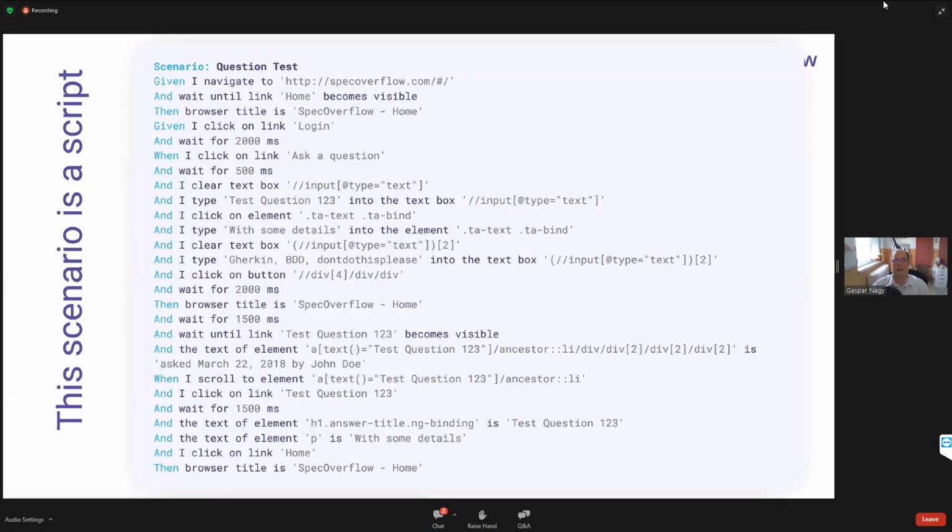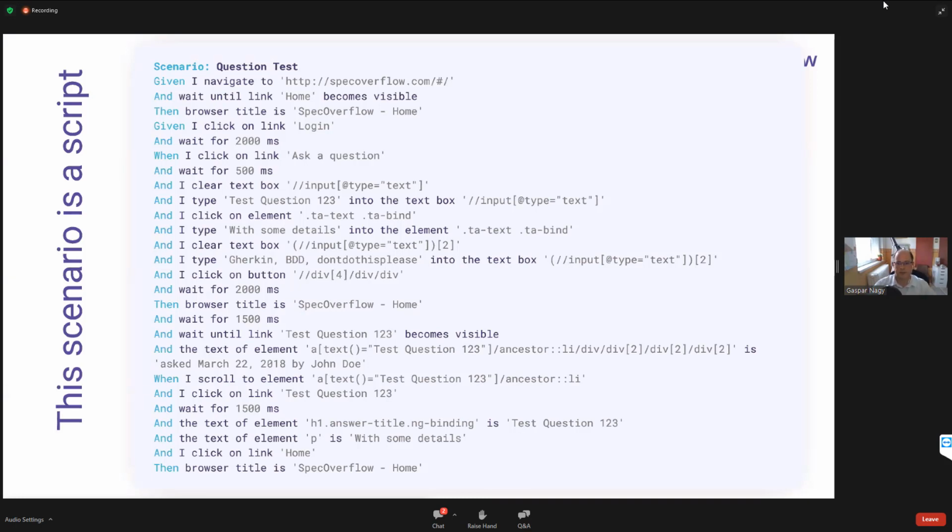This is a test script. You shouldn't try to read it. What is immediately visible is that it's far too long, and obviously it contains a lot of technical details. Right now, I don't really call this a scenario. This test is using the Given, When, Then keywords and the And keyword. So it formally looks like a BDD scenario, but from the meaning point of view, or from the BDD concept point of view, this is basically a test script that is just using SpecFlow to be able to execute